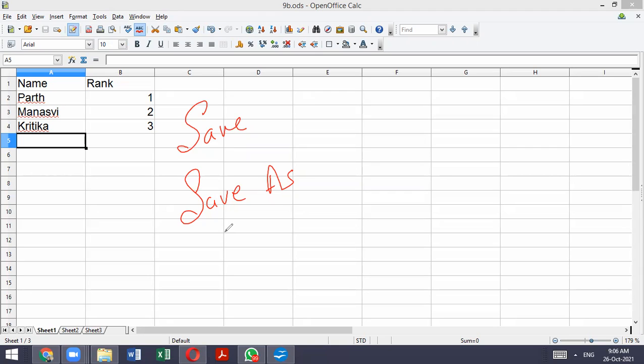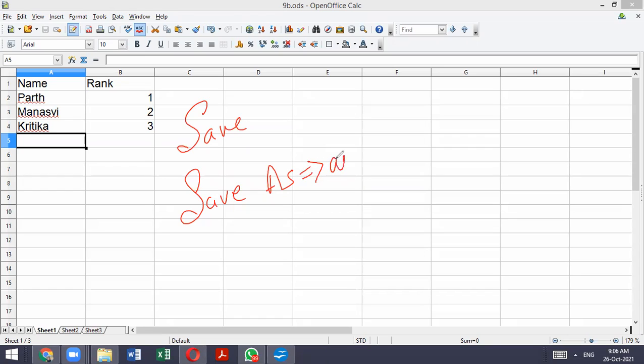Sir, the save option doesn't rename the document. It just updates the data in the document. While save as is used to change the name of the document as well as update the data inside it.